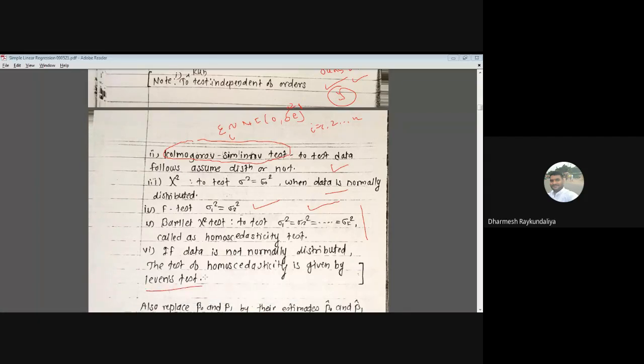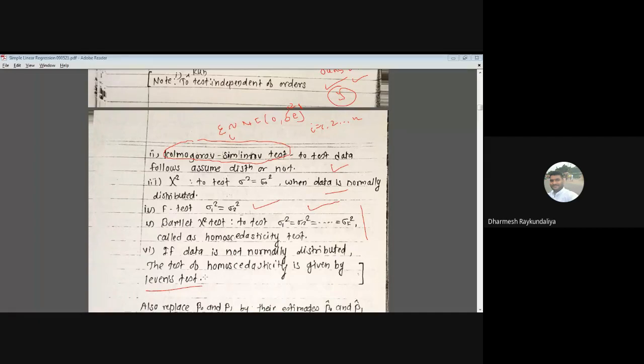But whenever you have the data, how to check the independence of order: run test. How to check the normality: Kolmogorov-Smirnov test. How to see whether the variance is constant or not, you can also use the chi-square test. Equality of two variances can be assessed by the F test,